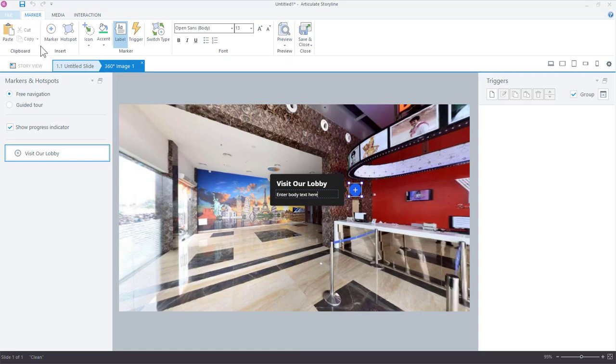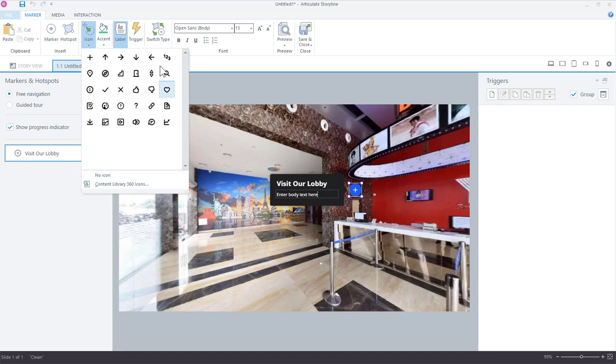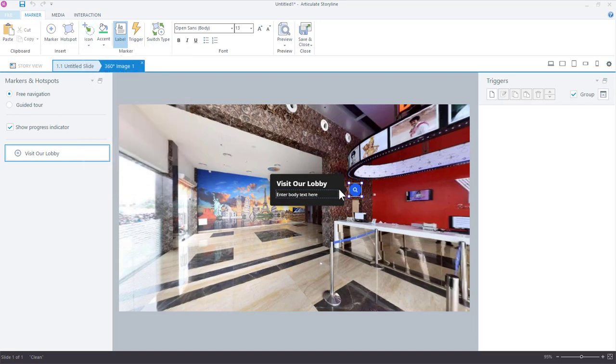Now we can customize the marker, the color, the icon, and we can do that by just coming back up to the marker tab, and you'll see that we have an icon option. So you have some ready-made icons here. If you like those, just click any one of them, or you can even search Content Library for additional icons. I'm just going to click the default, let's say maybe the magnifying glass, and you can see that updates down here immediately on the marker.